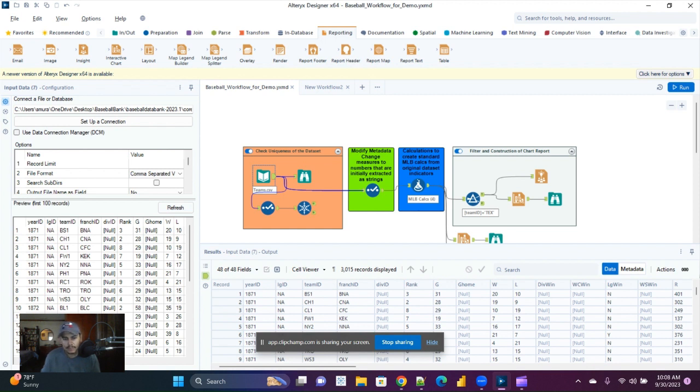Okay, so now let's talk about uniqueness. One of the pet peeves I have when working with data sets is I want to examine it first and make sure that it's unique. Because if I'm going to join it to another data set in the future, or as we proceed in the workflow, I want to make sure that I know by what dimensions the data set is unique by. I do that because I want to make sure that I'm not creating any duplicates when I do